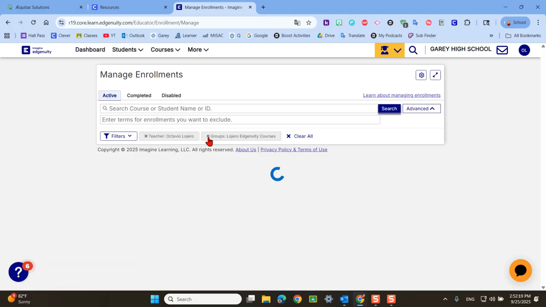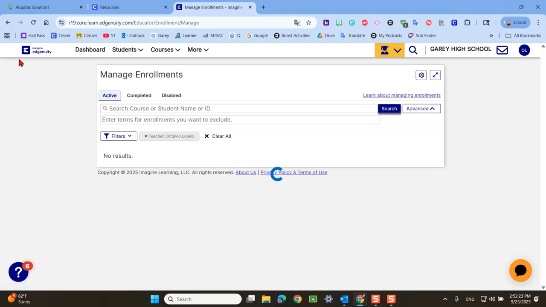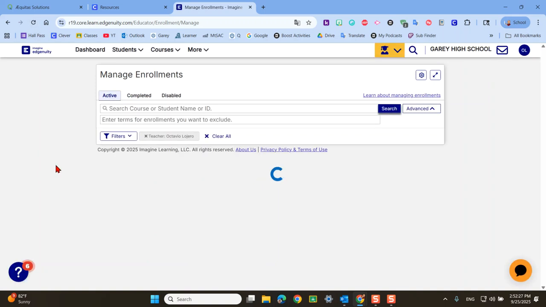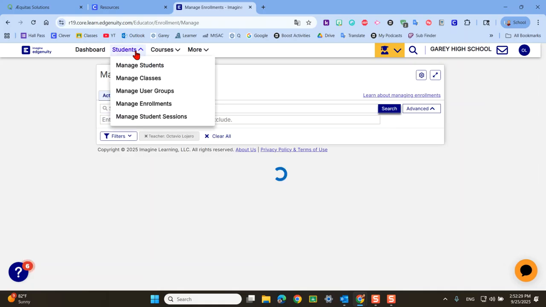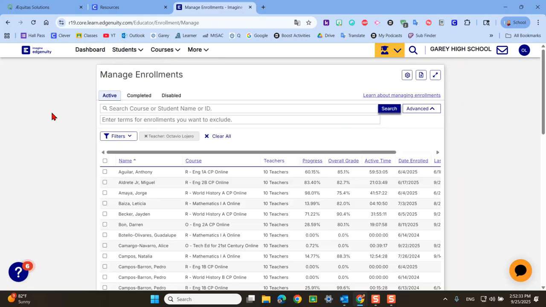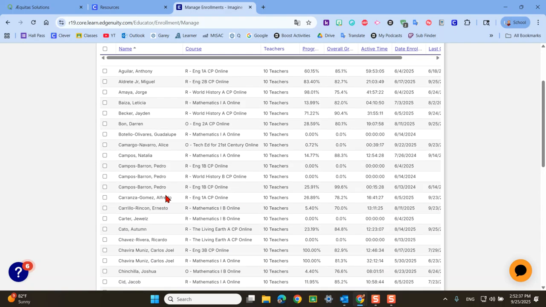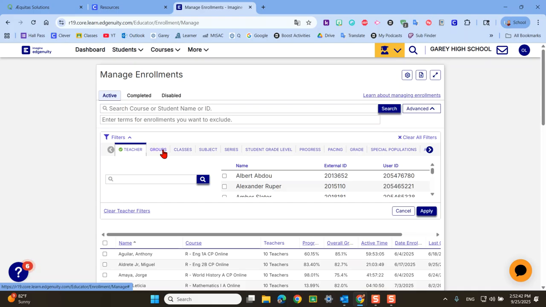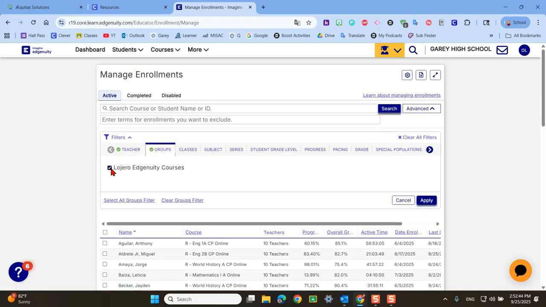When I add my name, let me see if I clear that and refresh the page. Okay, so it does show multiple students on here, but if I filter to groups, I created a group on here,